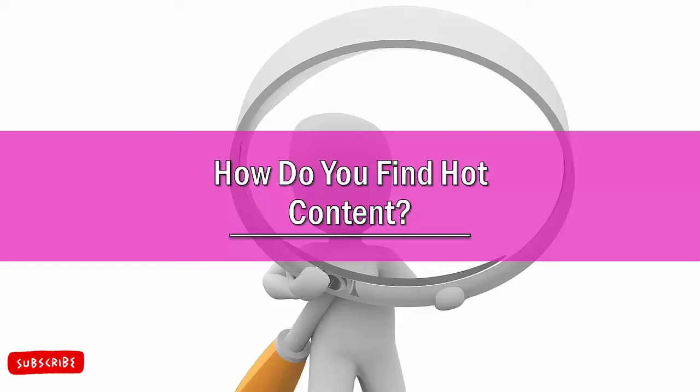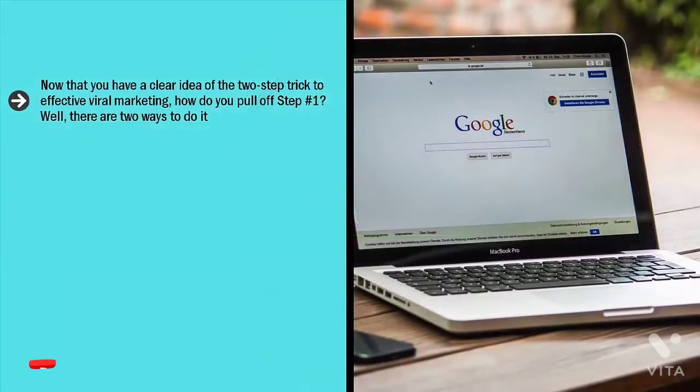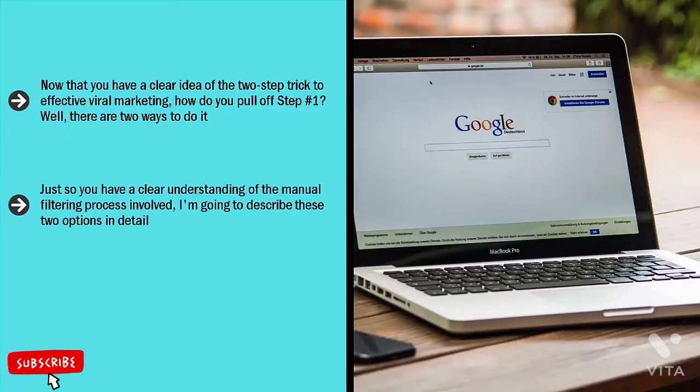How do you find hot content? Now that you have a clear idea of the two-step trick to effective viral marketing, how do you pull off step number 1? Well, there are 2 ways to do it. You can take the hard way or you can take the shortcut. Just so you have a clear understanding of the manual filtering process involved, I'm going to describe these 2 options